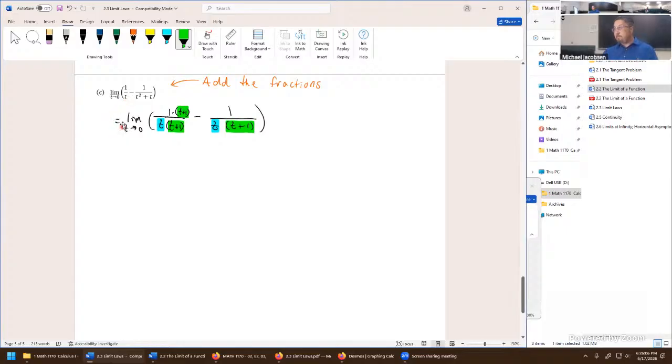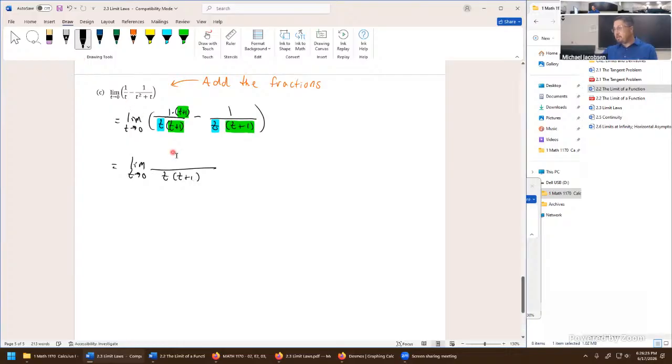In other words, we can't damage that equality there. It has to be maintained. So that's our new function. We can now subtract across the numerator. We'll call this the limit as t goes to 0 of